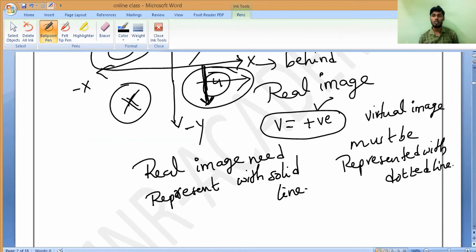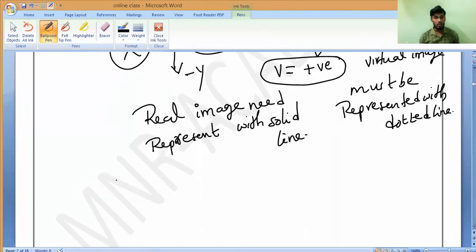In 99% of situations, those who can draw the ray diagram perfectly can solve the answer correctly. Self-verification is most important. While you are solving numericals, you will understand how fast you can solve, even faster than me, if you strictly follow my instructions. Understand? So that is what we are going to do now.